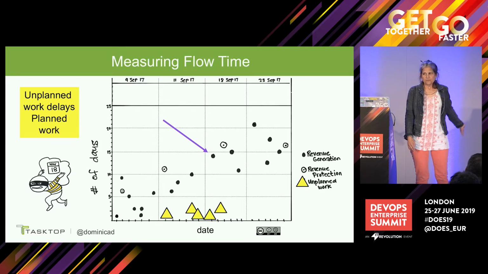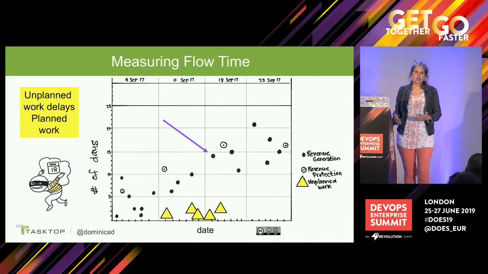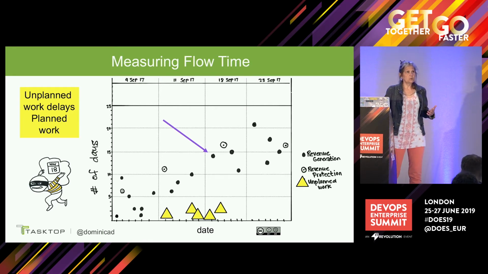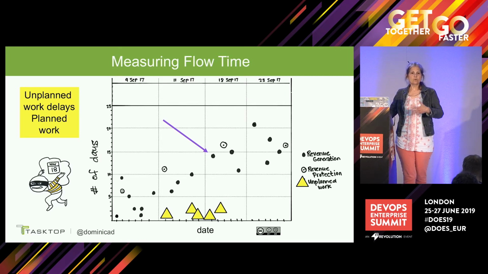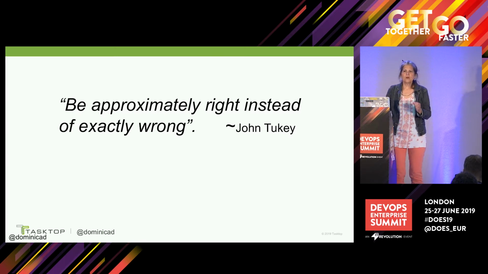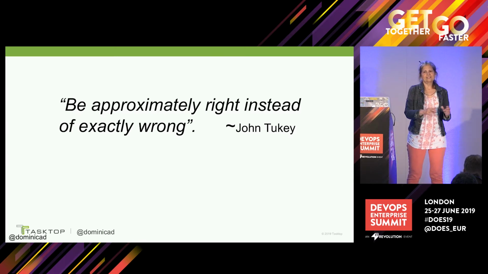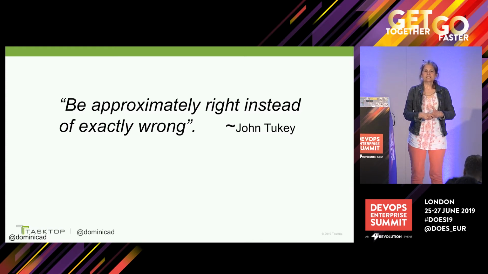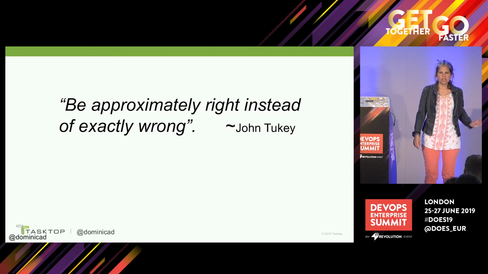Like if it's not tracked, it's invisible, and it's the perfect crime. If you can track it, you can start to help people see why work is taking longer than they think it ought to take. We're trying to improve. I mean, wouldn't it be great if we could start to forecast and be more predictable? Right? We're trying to be approximately right instead of exactly wrong. That's what we're using flow time and probabilities for, instead of just setting an arbitrary due date that people will